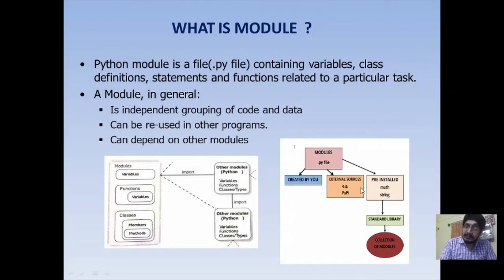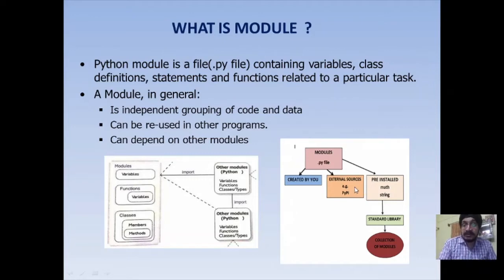You may install some modules for specific functioning, like if you want to create a program with a graphical user interface. In that case, you have to use a library called Tkinter. So as you know, a library is a collection of packages, and inside a package we may have many modules.